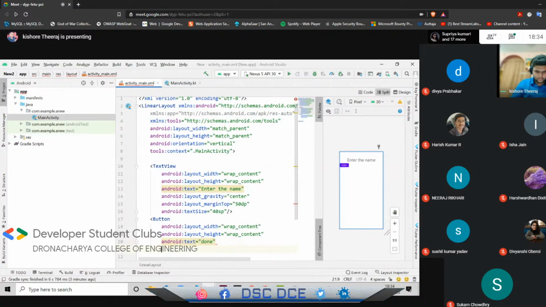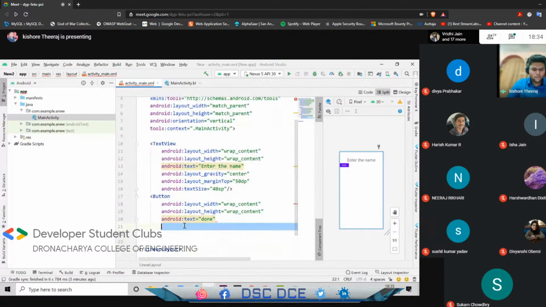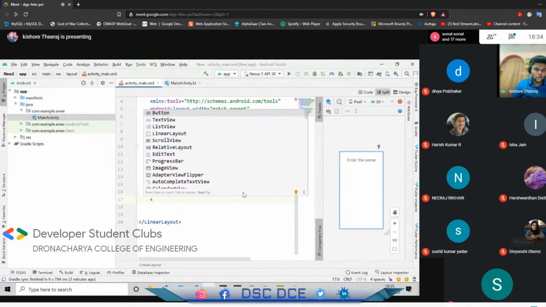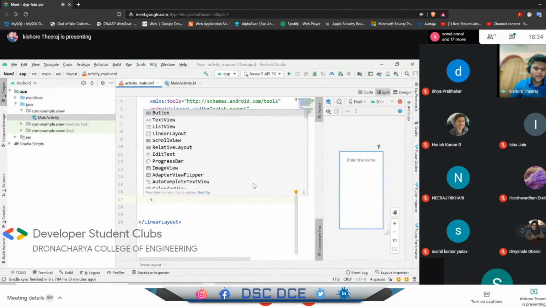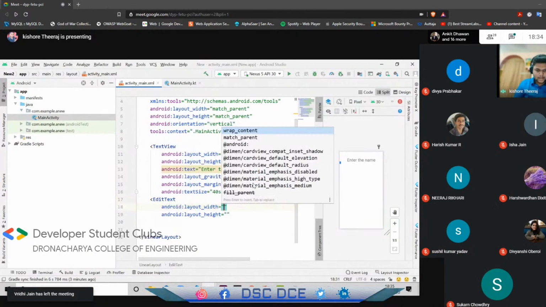Okay. So actually, I don't want a button here. First, I want the edit text, because the user will enter the data in the edit text only. After that, we get a button. So just click that, and have an edit text, and then